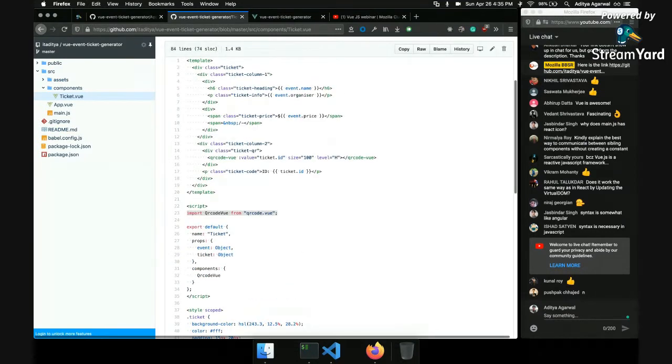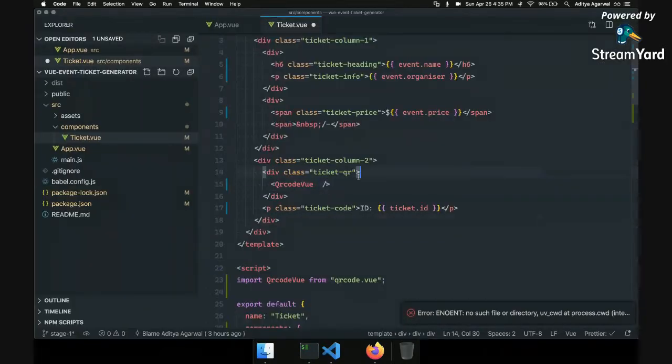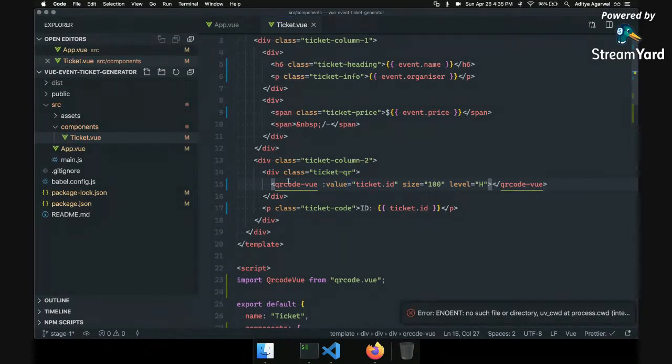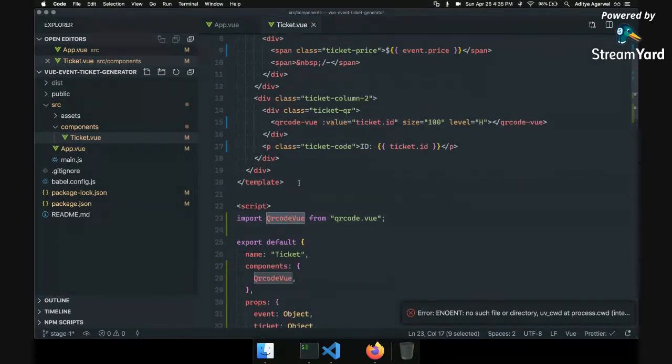Okay, so this is the code for that. Notice that instead of using QRCodeVue, I'm saying qrcode-vue. This is also valid syntax in Vue.js. The important thing is there's a hyphen here. Both approaches work, and people prefer this one, I guess.